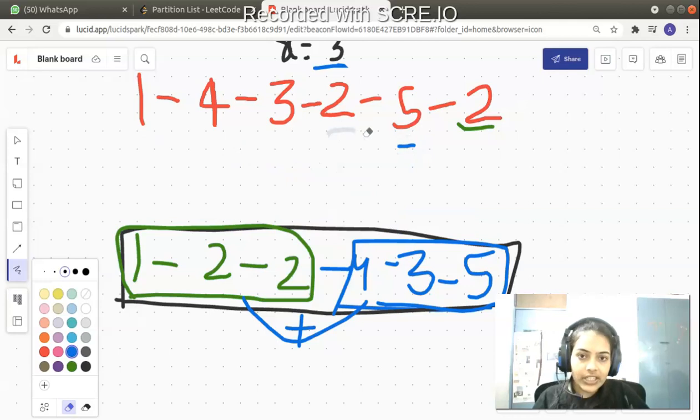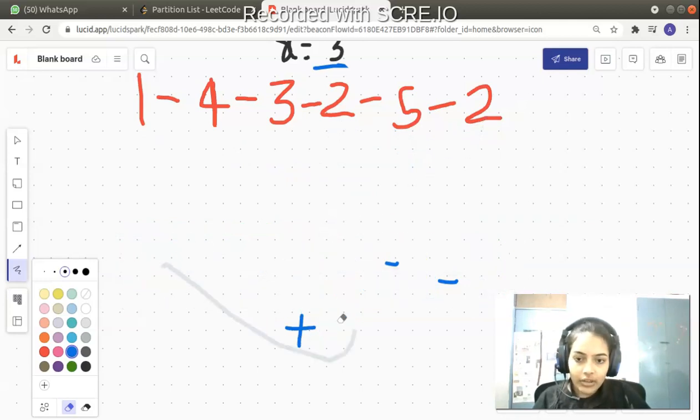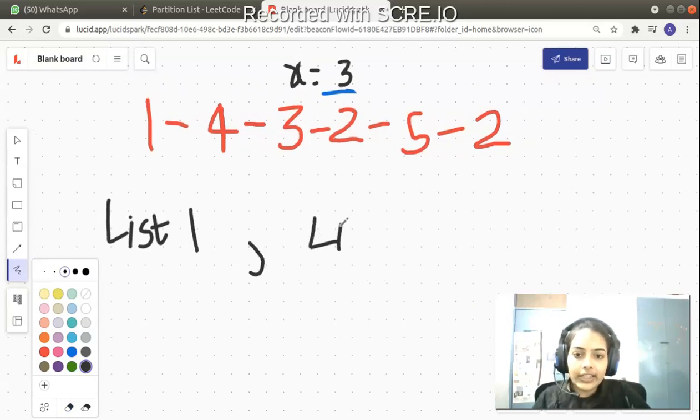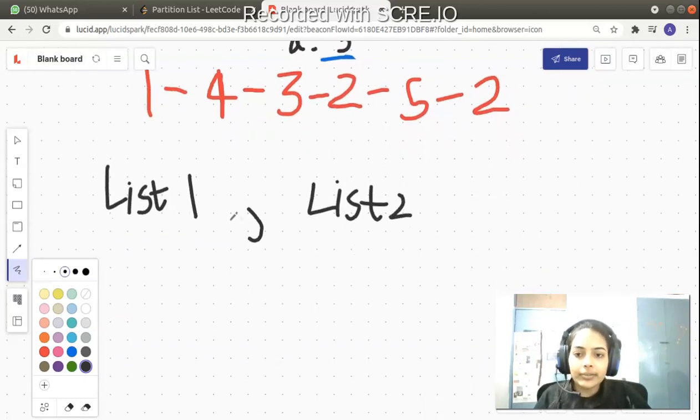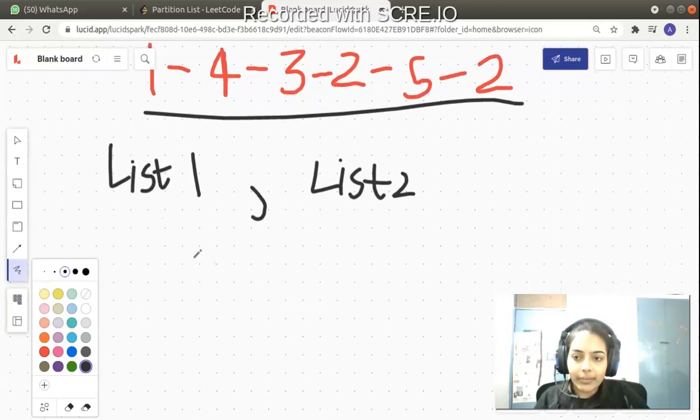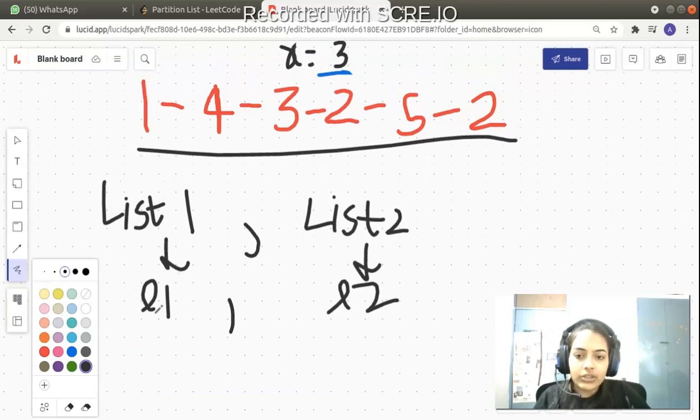What we'll do is initially create a linked list. Let me erase all this and let's call it list 1. Similarly I create another linked list, list 2, and finally I'm going to combine these two and return. Now let me start iterating over the elements one by one. For iterating, I will create two more pointers, L1 and L2. List 1 and L1 are equivalent, list 2 and L2 are equivalent. I'm just creating these to iterate over the elements.